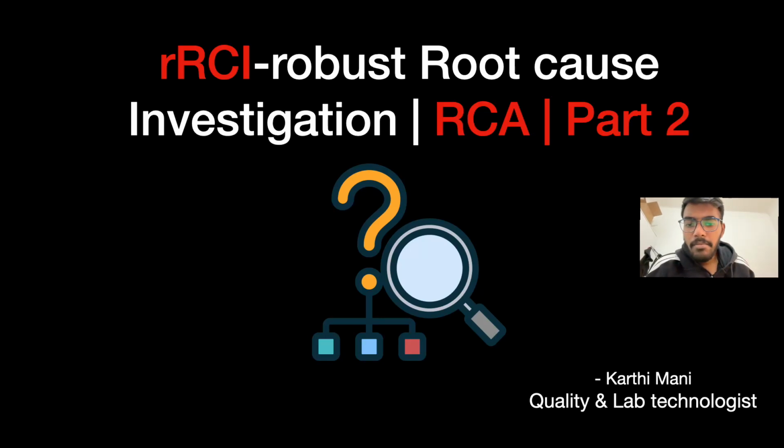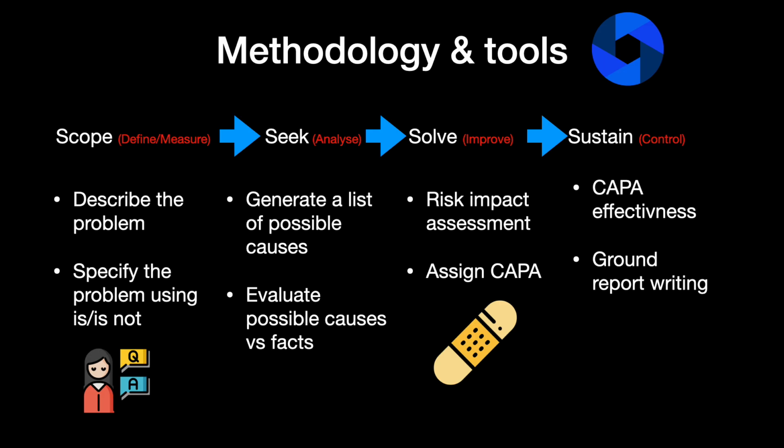Hey everyone, welcome back. In this part, we'll see part 2 of the root cause investigation. We'll see more about CAPA, which is the final part of the root cause investigation. To give you a quick brief of what we have gone through, we have gone through the methodology and framework on root cause investigation. So in this part, we'll see about solve and sustain, which involves the improve and control phase